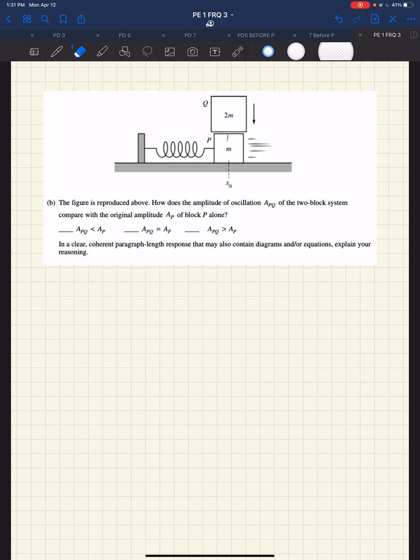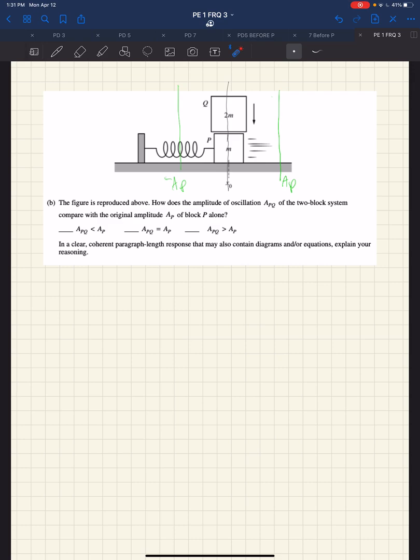Part B, see the same setup that we had previously. We had already discerned that this is our equilibrium position and that the original amplitude, AP to minus AP, was due to the potential energy, kinetic energy, potential energy, kinetic energy, potential. So the potential energy at AP is equal to the kinetic energy at XO